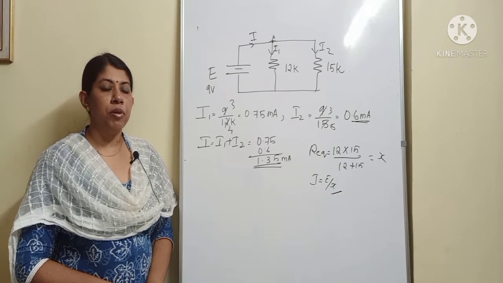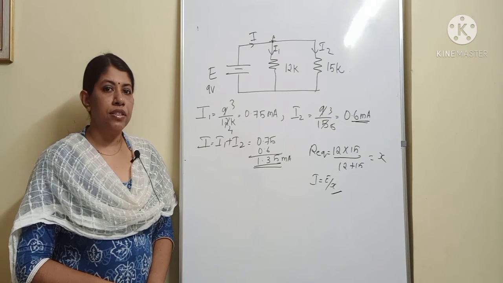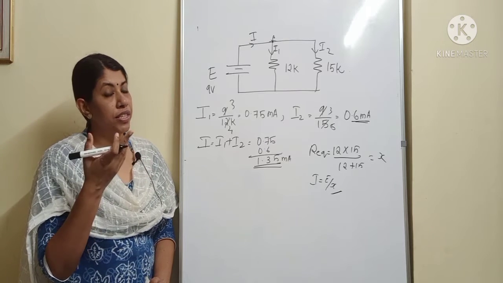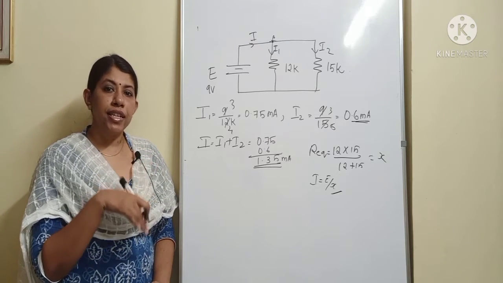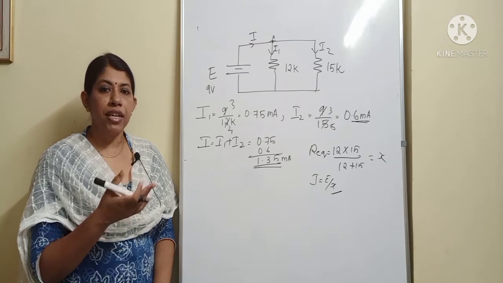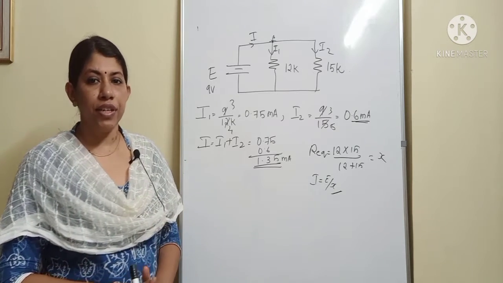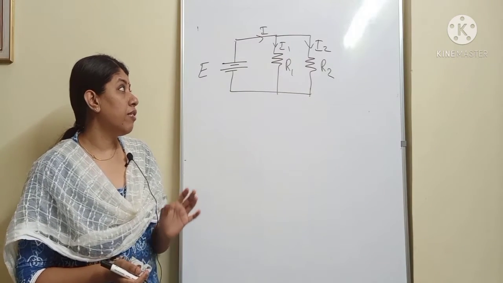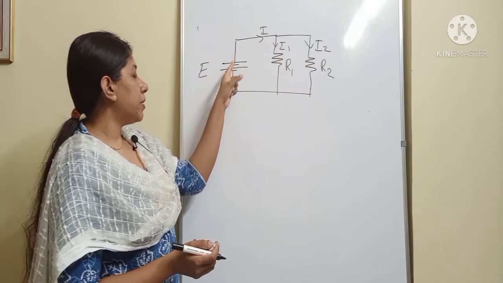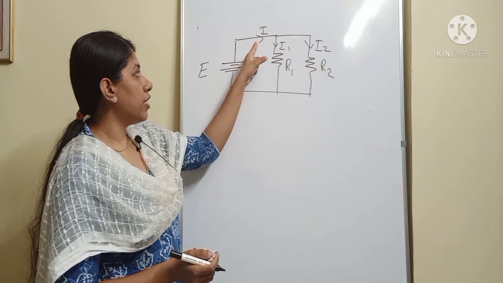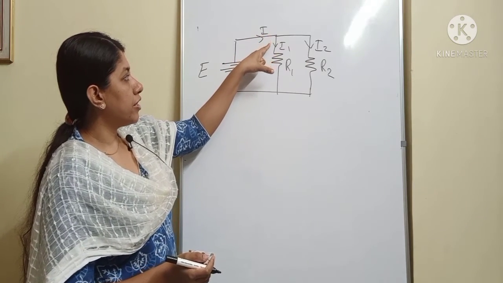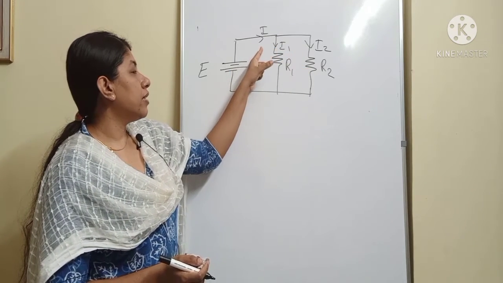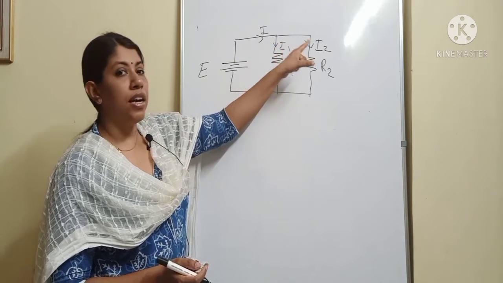Now we will discuss the current divider circuit, the current divider rule. We have discussed the voltage divider rule in our previous class. Similarly, in case of a parallel circuit, the network will be a current divider. So we will study the current divider rule. Consider our very basic circuit itself. Because of the applied voltage, a current I will flow, and at this particular junction, the current will divide into two, that is I1 and I2. So I is dividing into I1 and I2.